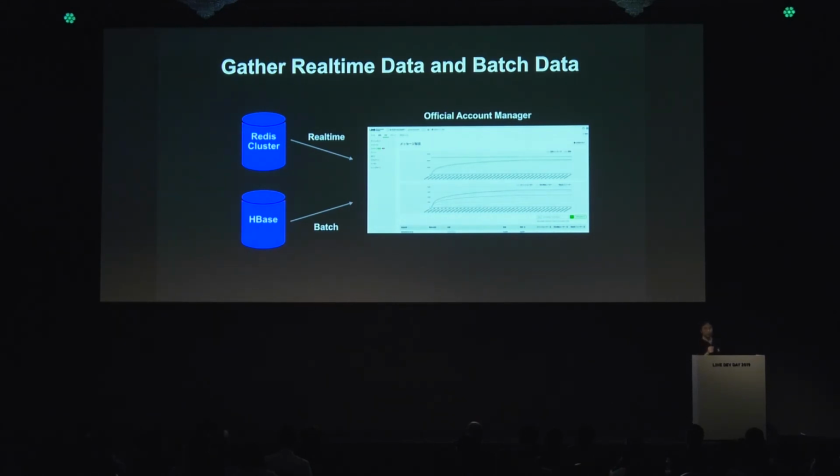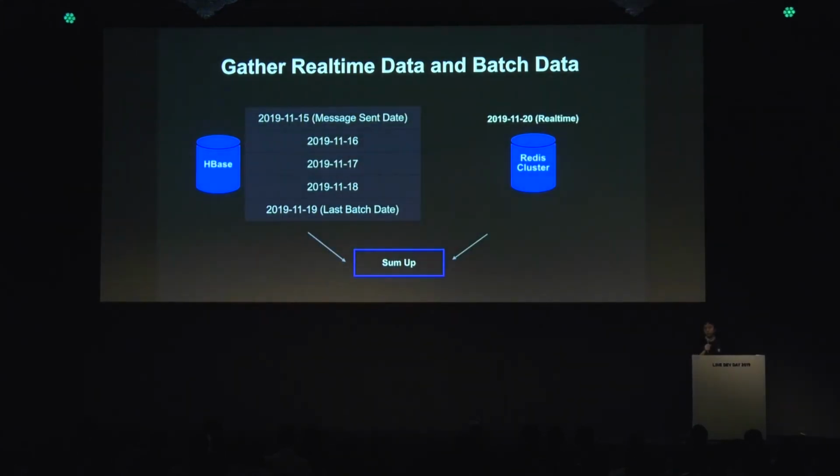So far, I talked about how Redis is used for stream processing and how data is stored in HBase for batch processing for persistent storage data. By combining the two, I would like to talk about how we generate the data to be shown on Management UI. In HBase,